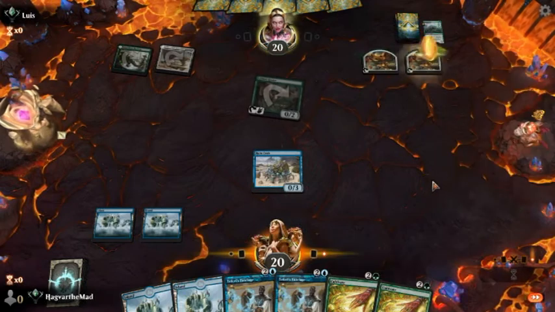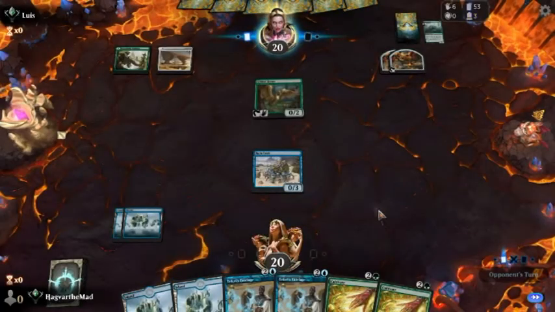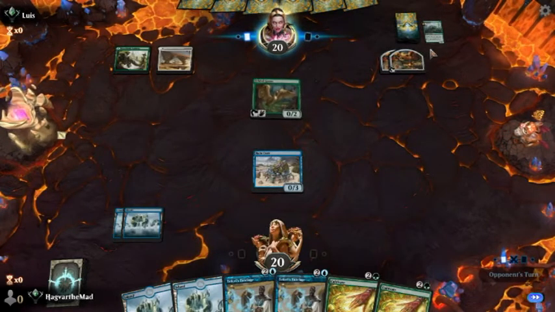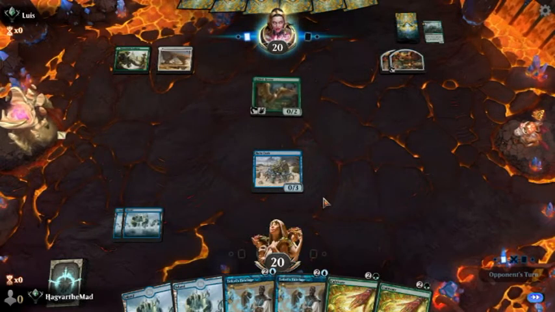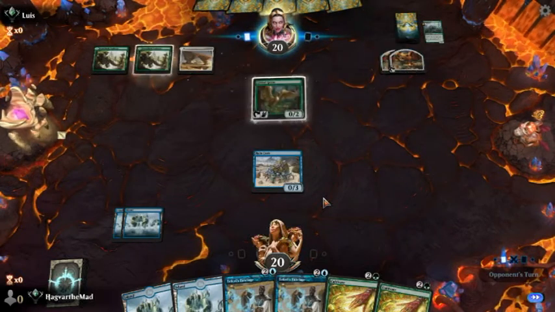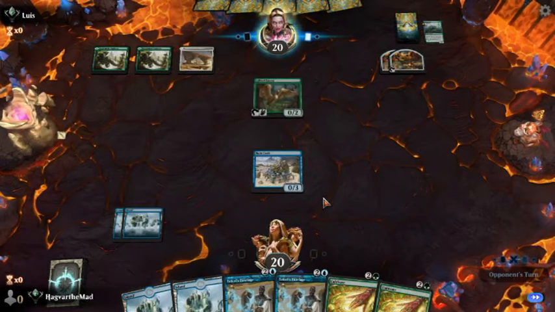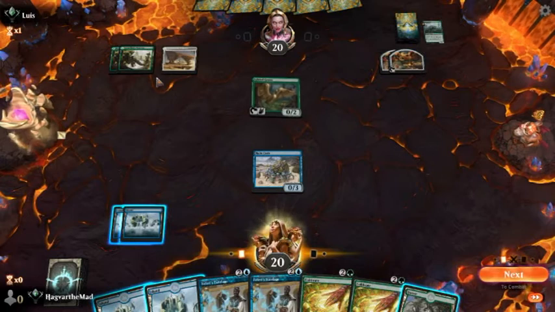Let's see here. So far, we've seen a Selesnya Colors and a Scoot Swarm. So this is probably some sort of landfall deck, just because of the Swarm. Can't really imagine any other reason why they would want to run that. We've seen all 3 of the...